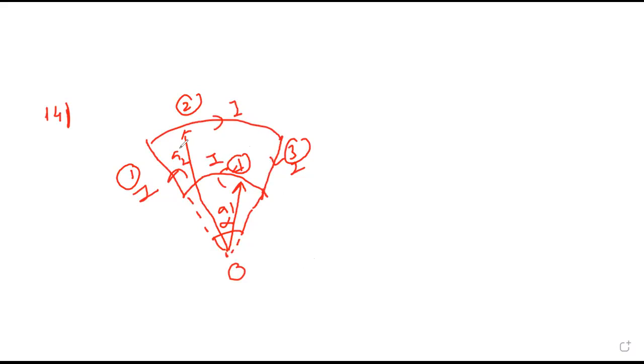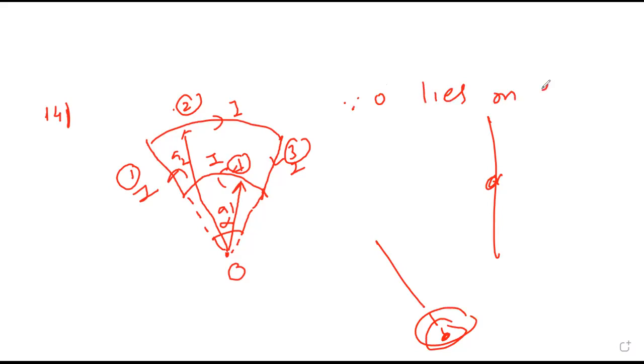Yes. But see, 1 and 3, if you extend, then the point lies on 1 and 3. If the point is on the conductor, we don't have field. So only the field will be due to this second loop and this fourth loop. If you extend, the point is on the wire, field is always in the vicinity, not on it. So since O lies on 1 and 3, B1 and B3 will be 0. This part clear?